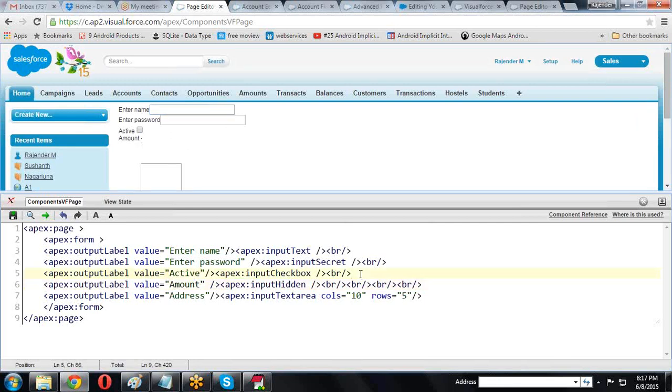The hidden field is amount; the field value cannot be displayed on the screen, it is only used internally for saving the data.